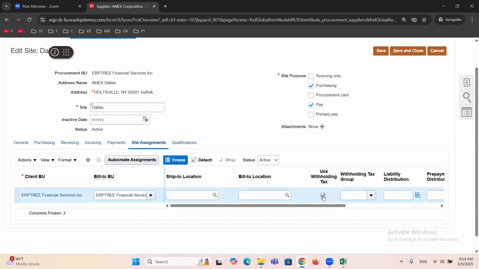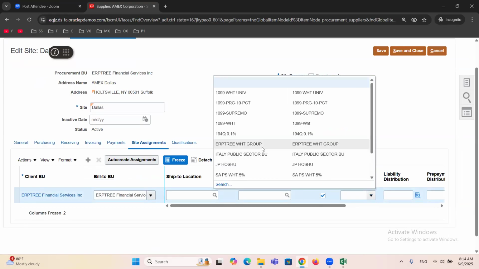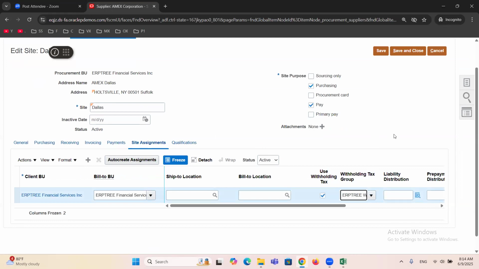The reason is that we enabled it at profile level. If you don't enable it at profile level, you cannot enable it here. It will be in disabled mode. Enable it and select the withholding tax group name. Here is our group, select it. So we are telling the system that for this supplier site, simply you can say supplier, but we set it at site level,